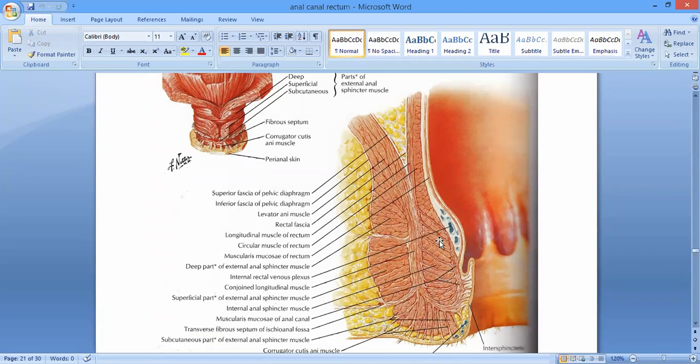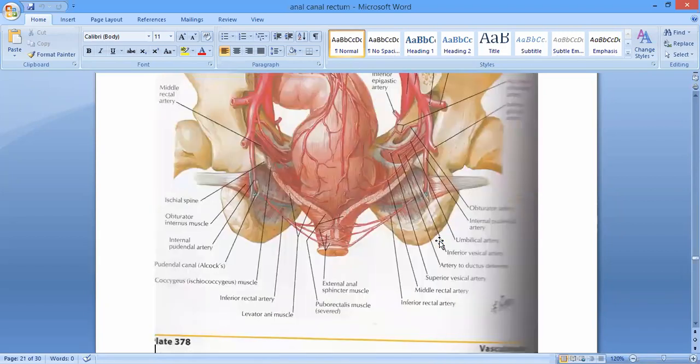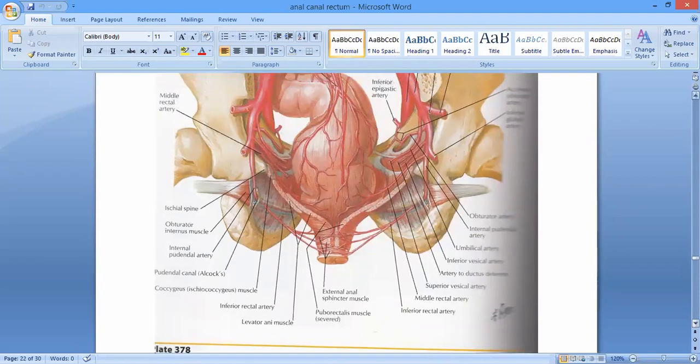Okay, so far there is no problem. Okay, children, now we talk about the blood supply of the anal canal. I told you before that we are going to divide the anal canal into two halves, upper half and the